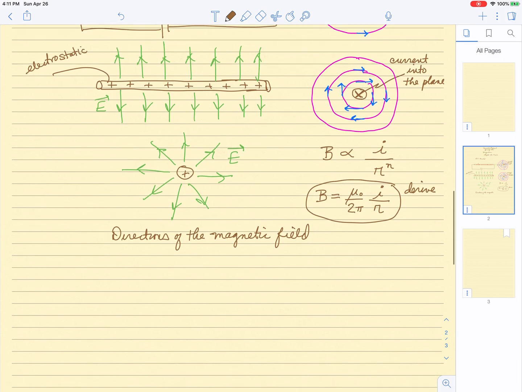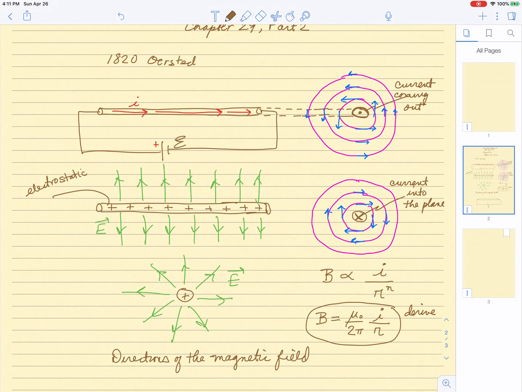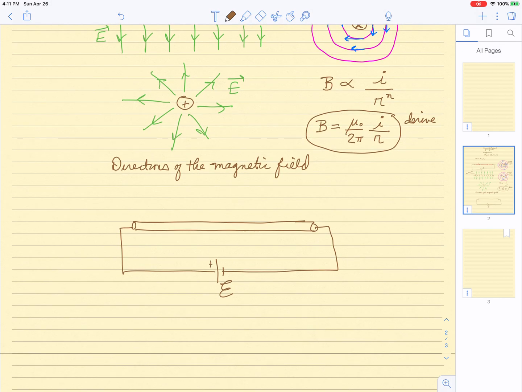And so I'm going to redraw this wire down here, okay? Just so we don't complicate the picture above. Now remember, it was connected to a source of EMF. I guess I should have put that up here as well, source of EMF. And that's going to establish a current in this wire. If we were to look at this wire on end, such that the current is coming out at us,